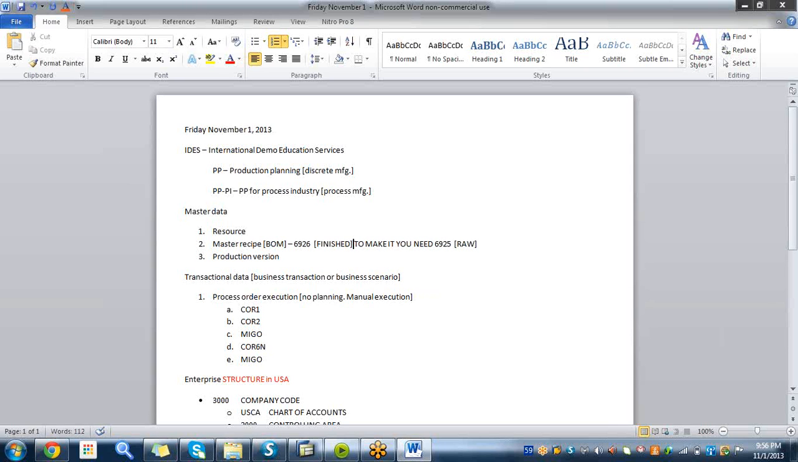Okay. So, what is your work center or the resource? Container fill, CONT FILL. Okay. And what about production version? No production version. Correct. And what about the master recipe? You have a master recipe, because the master recipe number